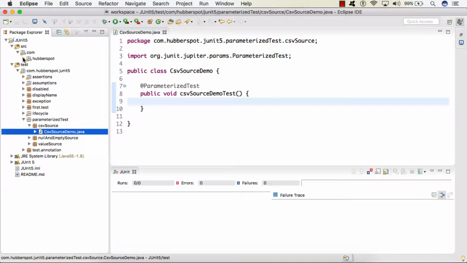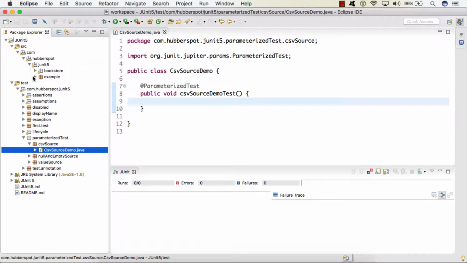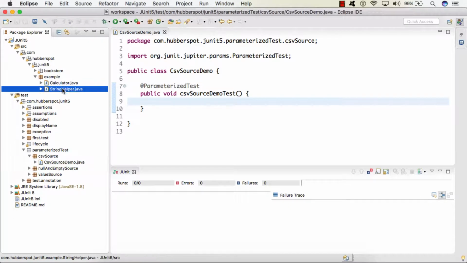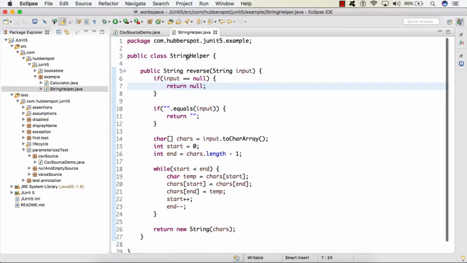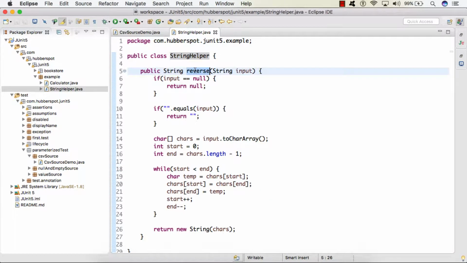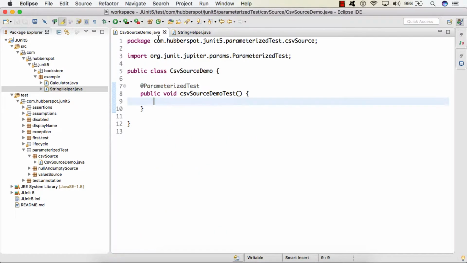So friends, in our previous lecture we created one source file named StringHelper. Inside this StringHelper we created one method, reverse, which takes in an input, reverses the string and returns us back the string. So here we will test this StringHelper reverse method using @CsvSource. First I will create the instance of the StringHelper class.